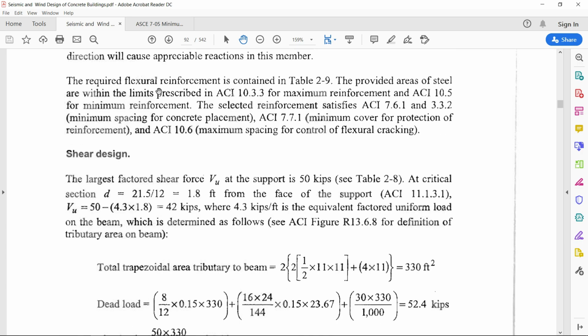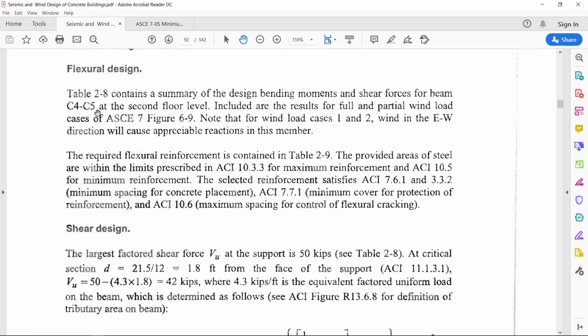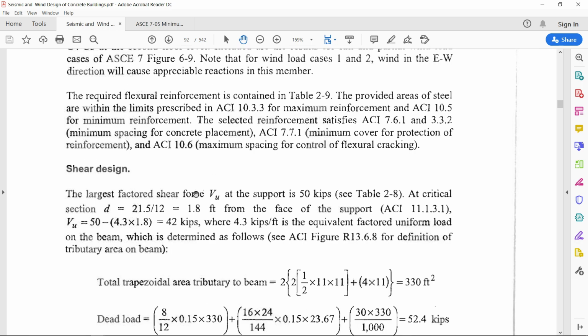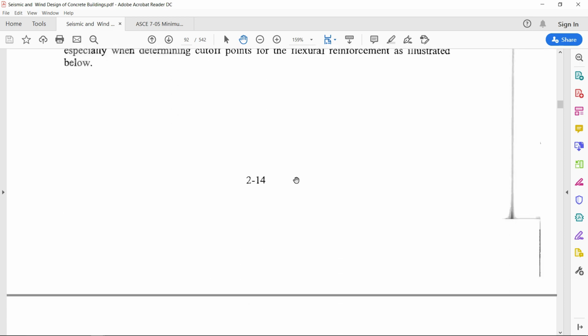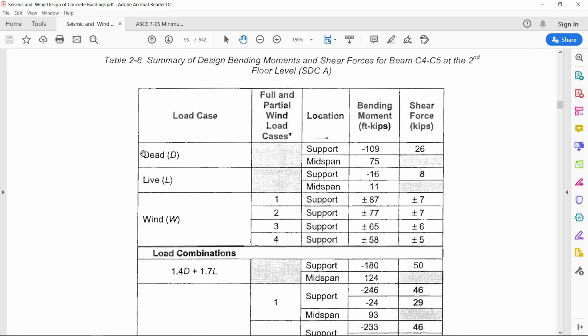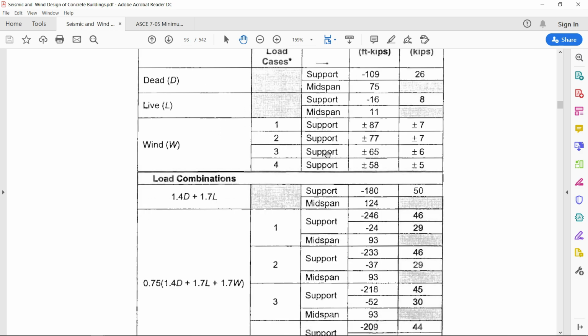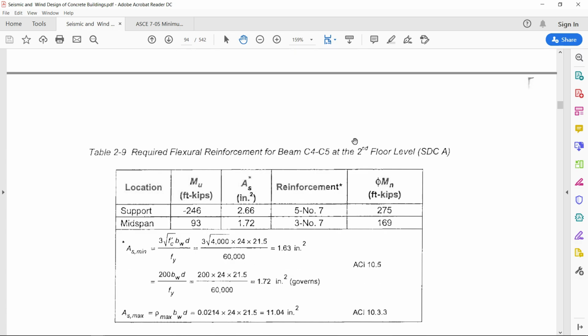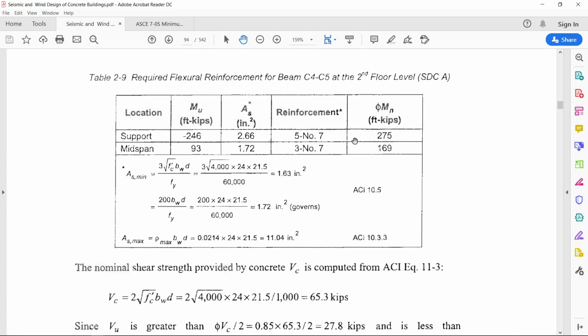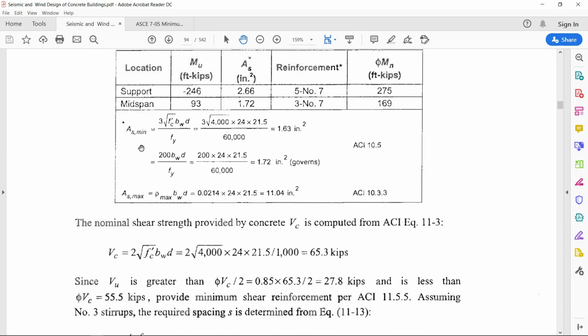So here what they have done, instead of performing a detailed analysis, they considered a tributary area and an approximate analysis was done. And based on their approximate analysis, they calculated some shear force and bending values for various conditions. Since our case is a little bit different, but anyway, here they calculated that the minimum steel governs because the loads are not that much,